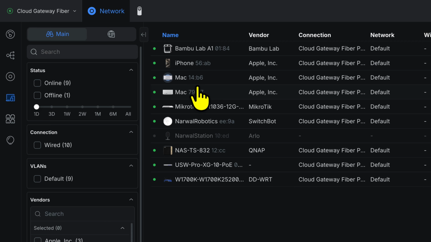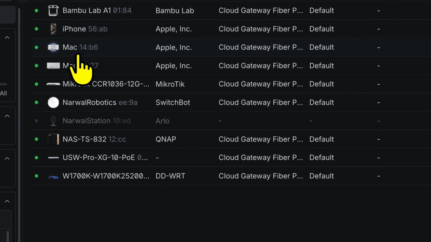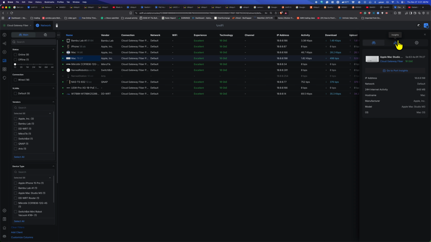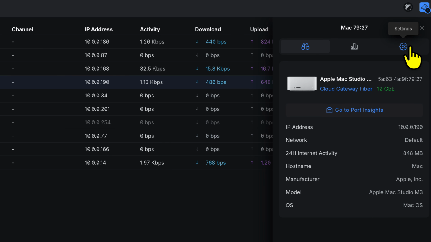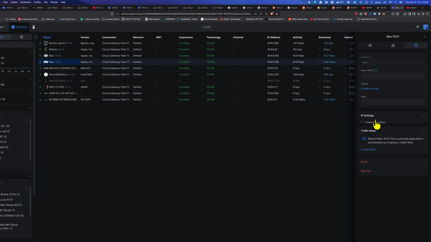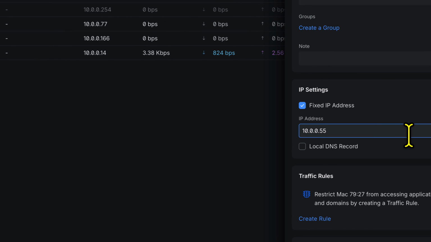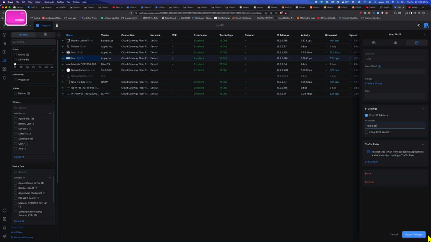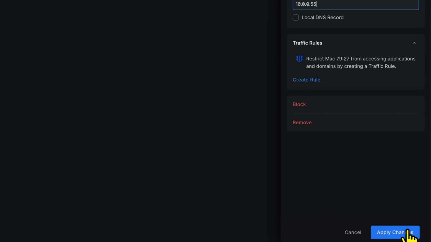So let's say here that you have your Mac. You want to have just a specific IP, just select it there. And then you will go here on the right, click settings. And then here, where it says fix IP, click here, fix IP. And then here you can type the IP that you want. So whatever you want here, and that's it. So once you type that, go here on the bottom, and you will see where it says apply changes, and